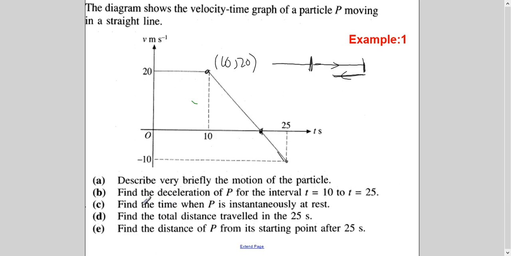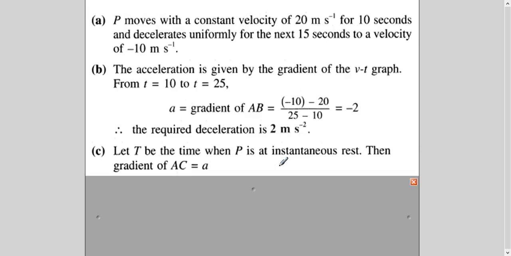Next part of the question, find the time when P is instantaneously at rest. Now, if you see, this point is actually some time, 0, because on the horizontal axis, which is the x-axis, here it is the time axis, t certain time and 0 velocity. I know the gradient of these 2 points with respect to this point of the line is -2. So I can put -2 equals the gradient of these 2 points. That will help me to calculate t.